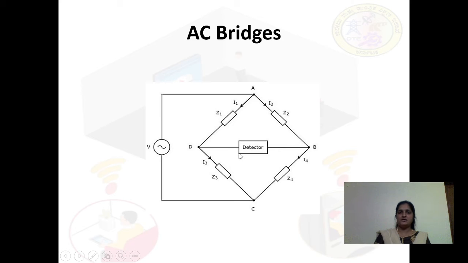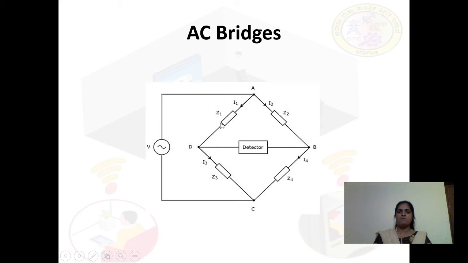But in the case of AC bridges, we directly connect a detector circuit. If the bridge is under balanced condition, zero current will flow through the detector. It will detect any variations when the bridge is under unbalanced condition. So as usual, it has 4 arms. Here we are not dealing with pure resistance. It may be a combination of capacitance, resistance, inductance. Any combination can be used as an arm. Both the inductance and the capacitance can be measured. That's why here we have referred to it as an impedance.